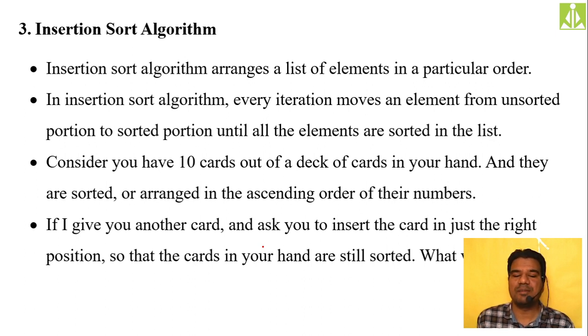So finally what will happen, whatever cards we have on the table or in the unsorted list will finally come into my hand. All the cards will come in my hand. So in my hand, I am holding all the cards in sorted order. So in this way, we perform the insertion sorting technique. We'll pick one number from the unsorted sublist and push that number into the sorted sublist by placing it in a proper position. We will not randomly push it, but place it in a proper place.